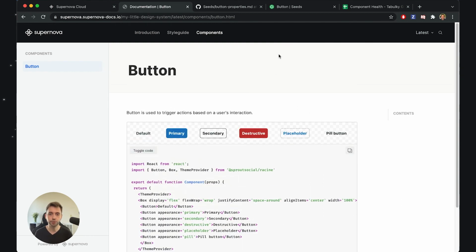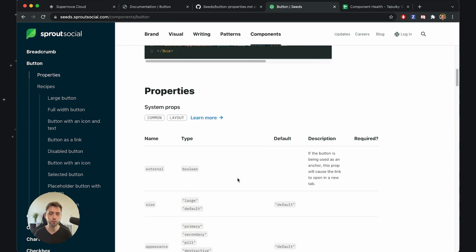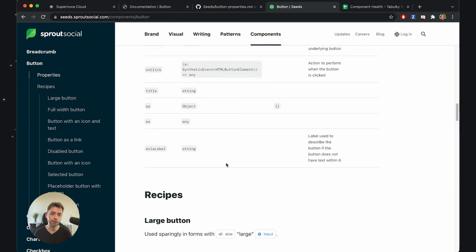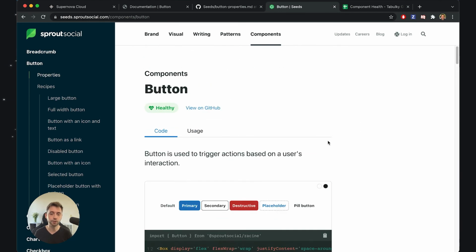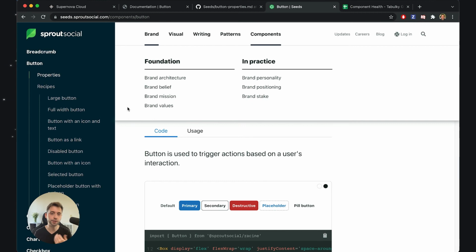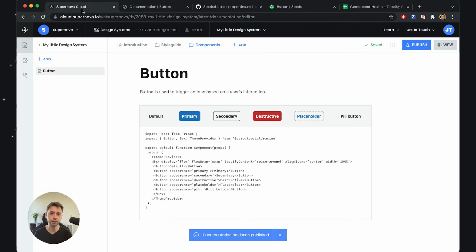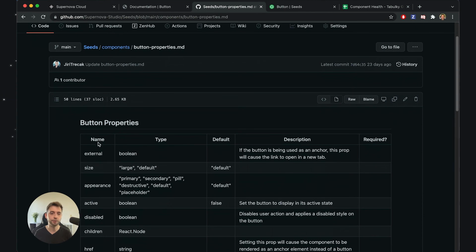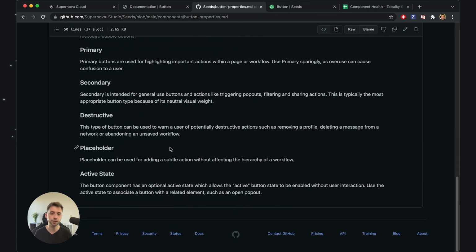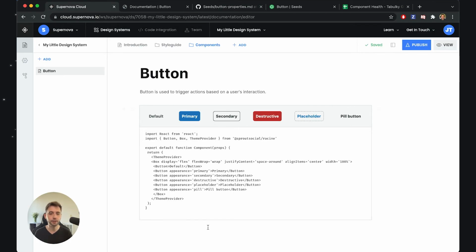But that's not all that I want to do, because they still have quite a lot here. For example, they have those properties. Now, those properties were probably written by a developer, and they were probably written inside the repository that contains all of those buttons. So what I would like to do is actually use the existing documentation of this component and just embed it into the documentation inside Supernova. So what I will do, I will go to my GitHub, and in here I have a markdown that was written that explains this button component, and I will take a link to this markdown, and then I will add